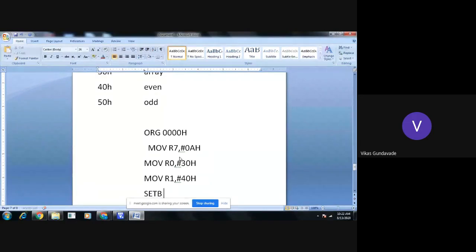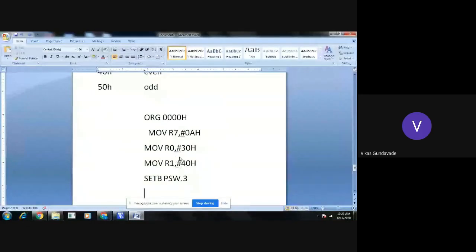From which register? The PSW register. Which bit? The fourth bit of PSW, that is the D3 bit, the RS0 bit. If we set that bit, it will show bank 1. So from bank 1 we take register R0 and point one memory location to this R0.